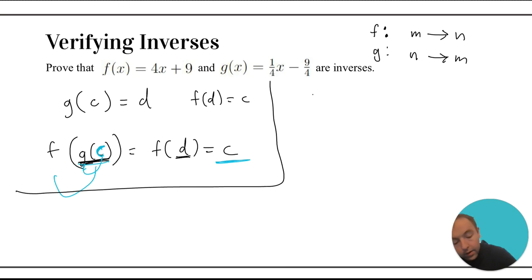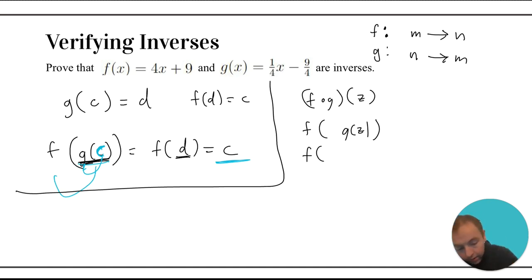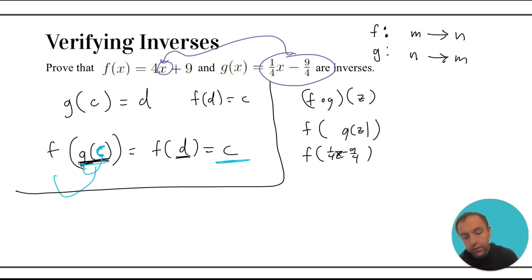So what I can do then is I can do f of g of whatever input element I want, so maybe like z. And if I can show that that equals z, then you showed that they're inverses. Okay, so let's go ahead and do that. So if I was going to do f of g of z, that would be basically doing f of 1/4 x minus 9/4, or 1/4 z minus 9/4 if we're using the variable z. So it's just a matter of plugging in 1/4 z minus 9/4 into the function f,